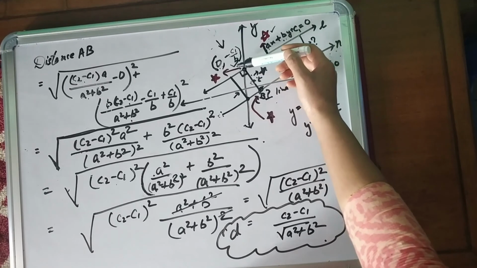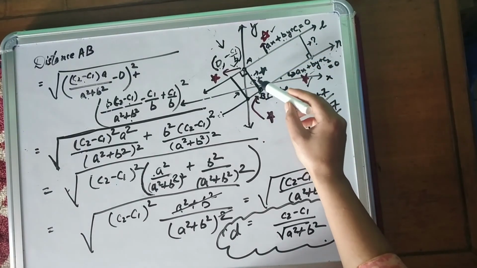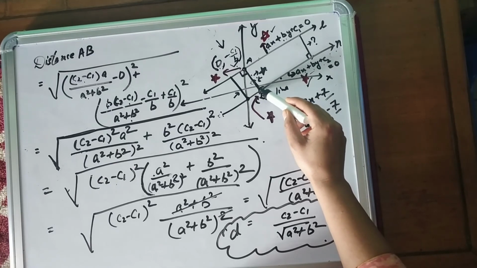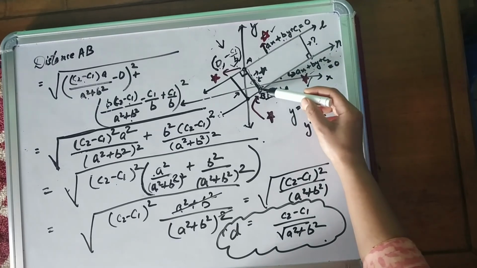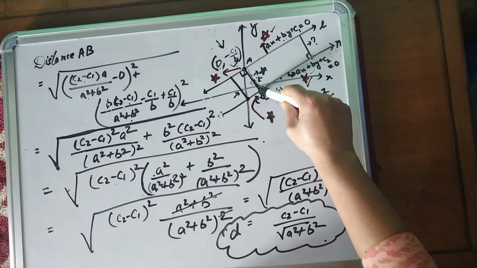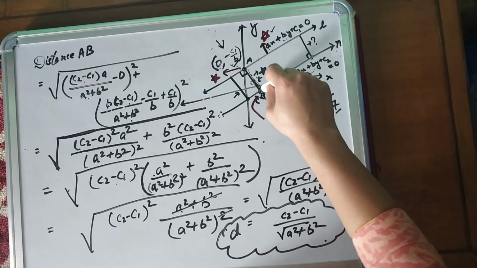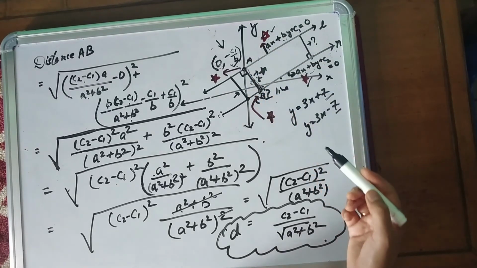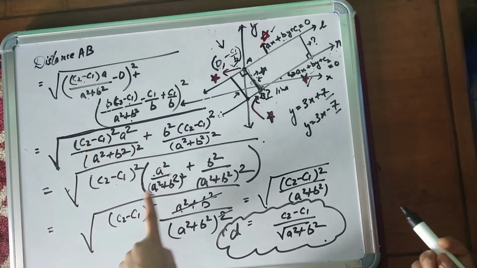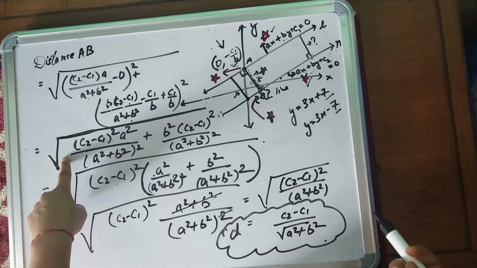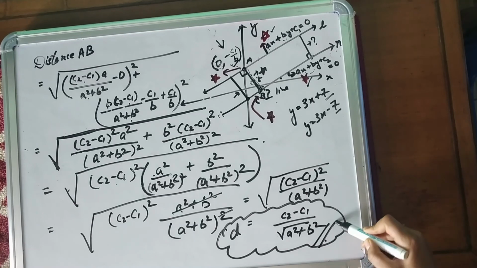Then the next thing is to find out the length of the perpendicular, and after then we have to find out the coordinates of this point by using equation of this and the equation of this. And once you have the point of intersection, the distance formula can be used to find out the distance. Then there is a calculation trick: never multiply inside the root, always try to factorize. This is all about this.